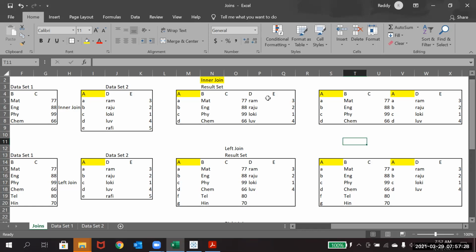If the columns are matching, put the row level values that are matching.